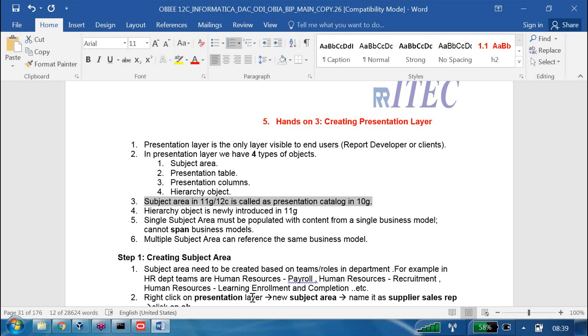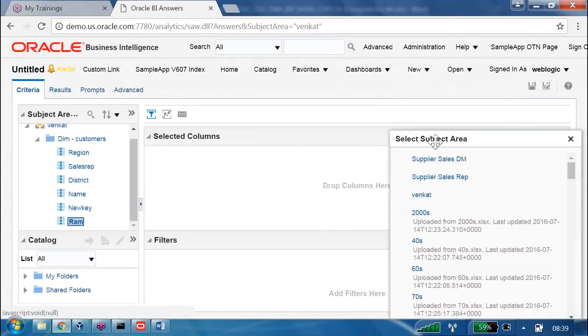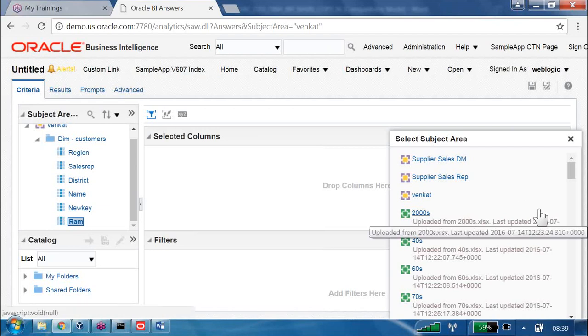Right? And tomorrow, one finance HR is logged into this application. What does she have to see here? Recruitment subject area, retaining subject area, or finance related subject area? Finance related subject area. That is the reason we are trying to organize subject areas as per the roles. As per the roles, that's what I want to deliver.